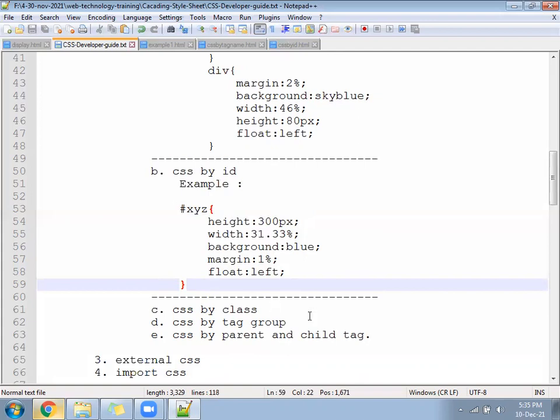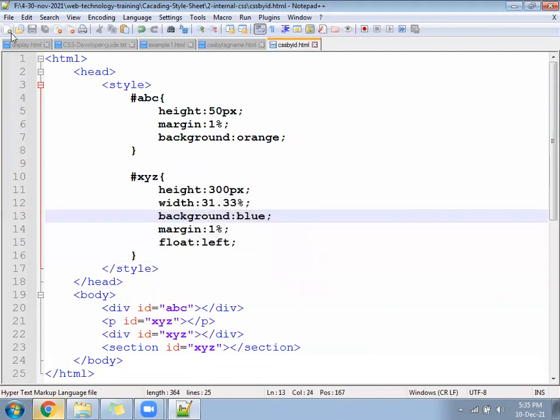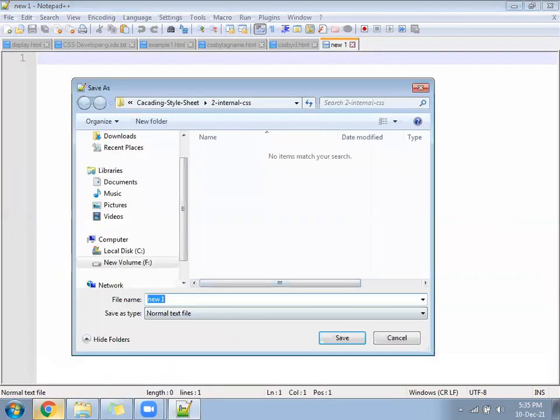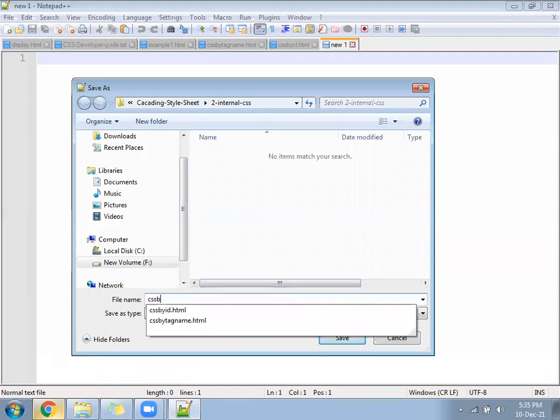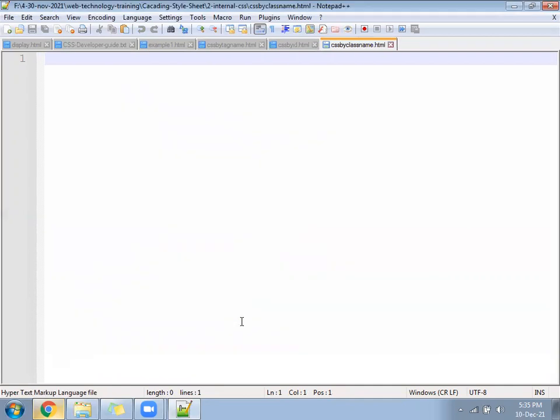Okay, so I did the example. Now, next file you are going to create is CSS by class name.html. Create a file css by class name.html. I will guide you on the example of section and division through an example only.